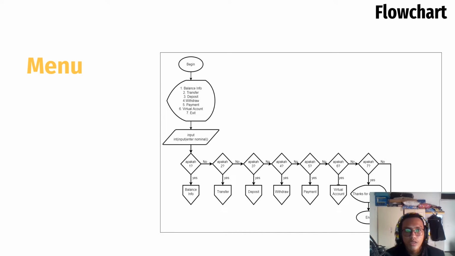Then it is identified whether the user inputs the number 1. If yes, it will continue to the provided feature, but if not, it will identify the next number until it reaches number 7. It will close the program.